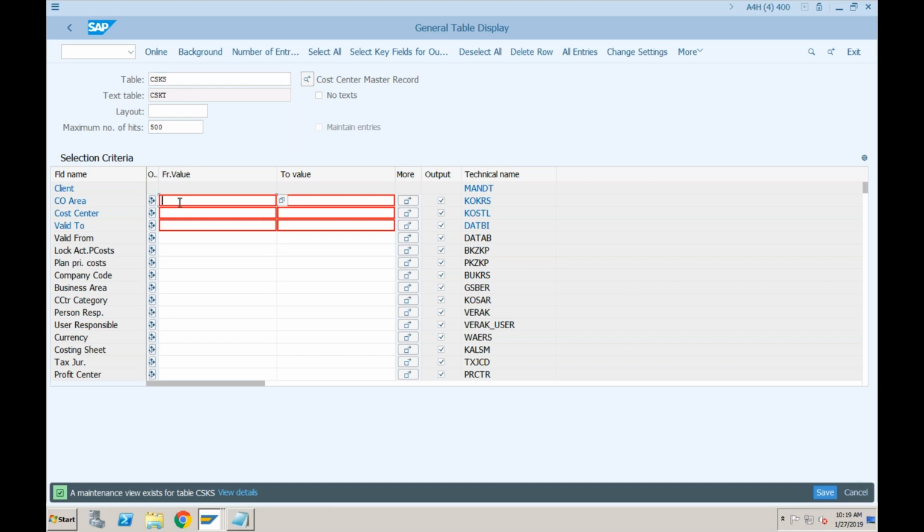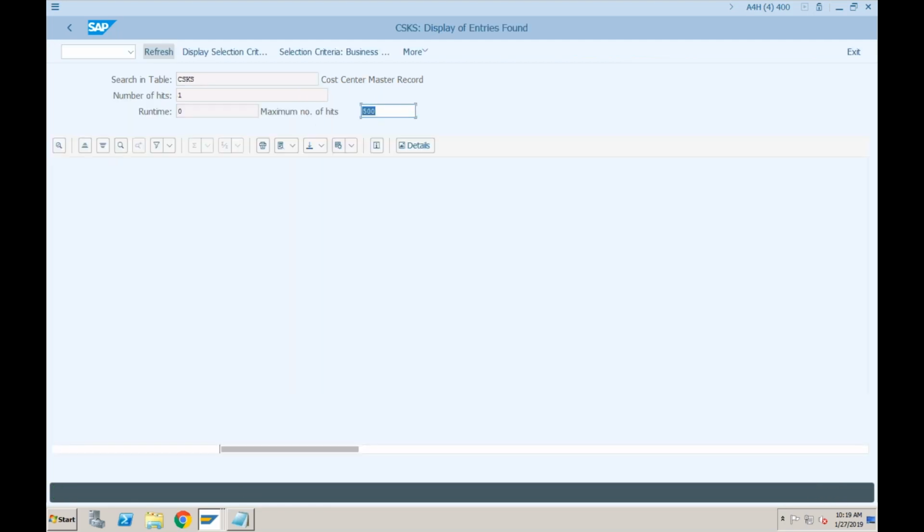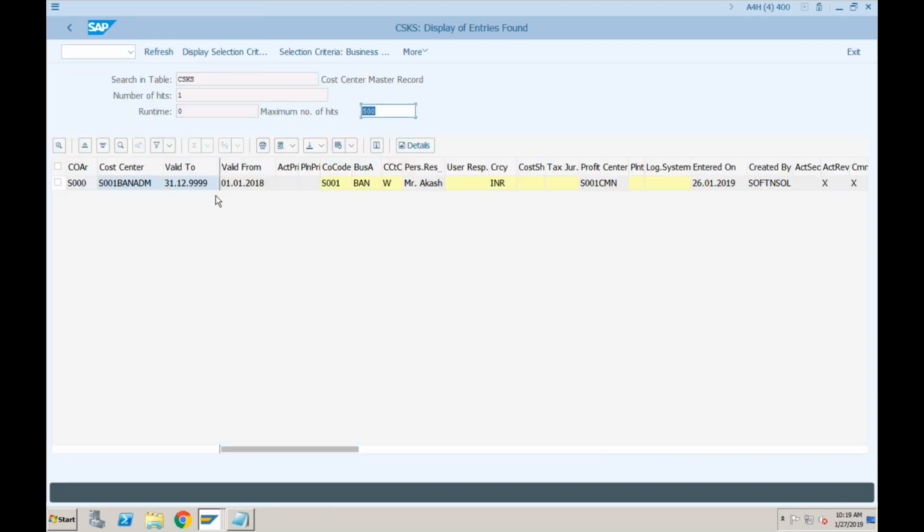If you just provide your controlling area here, which is S000, and you click on online, it will show you the cost centers which we have created.